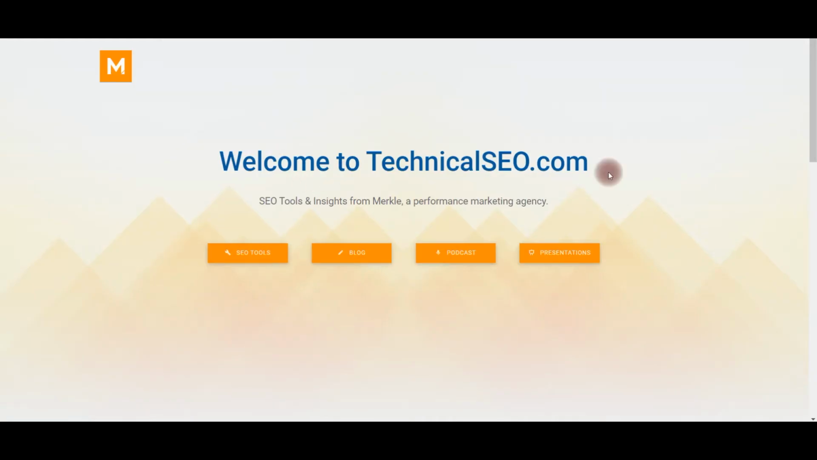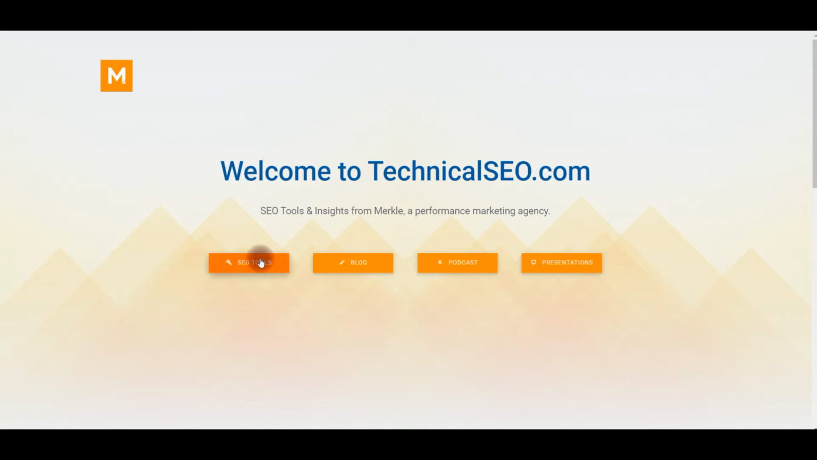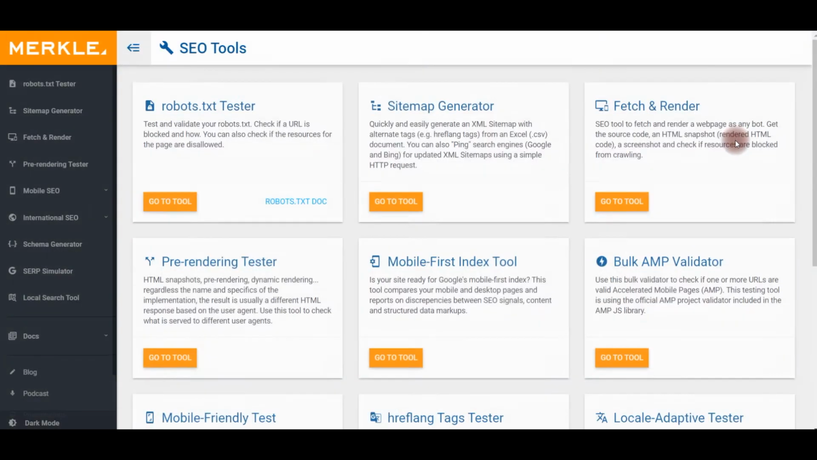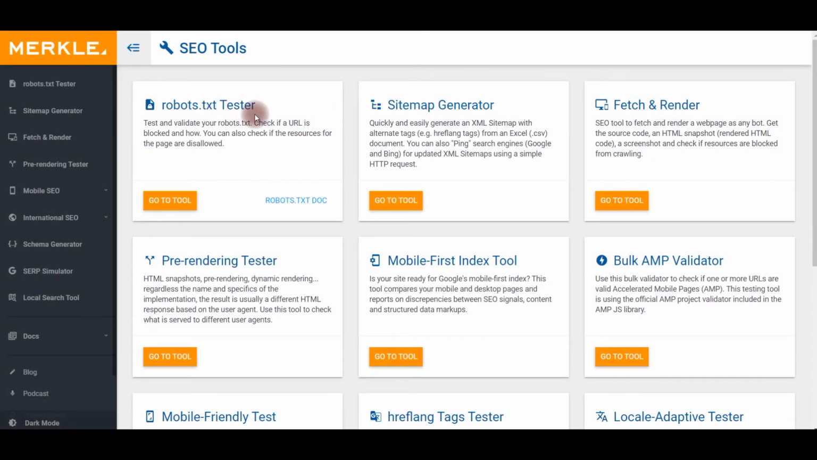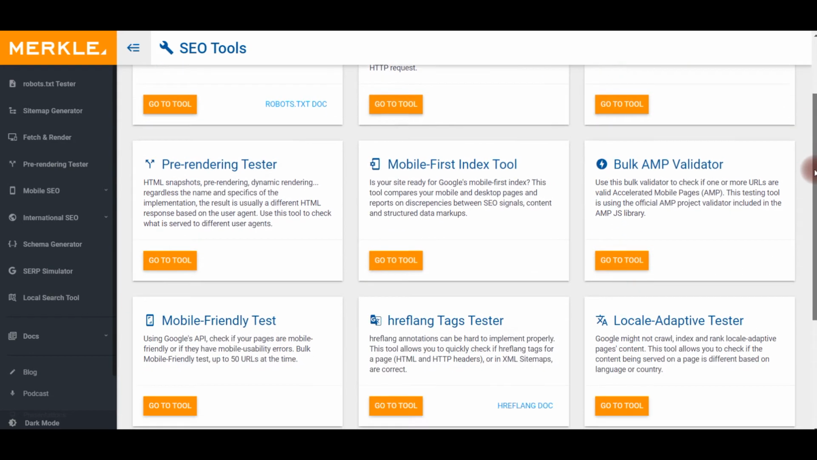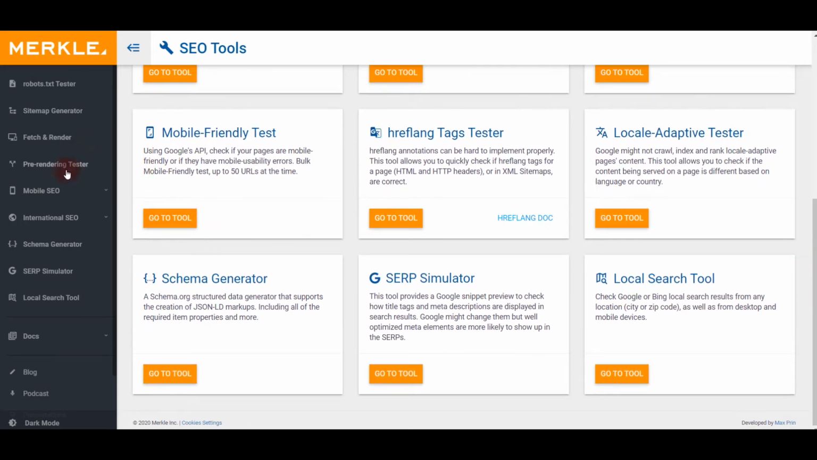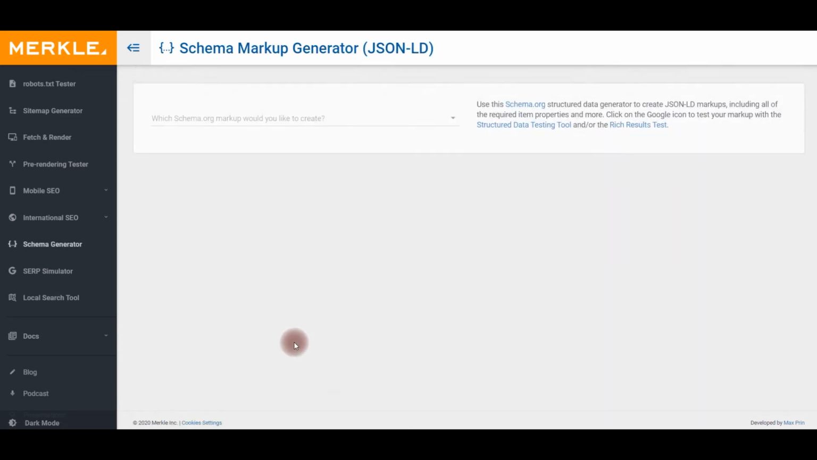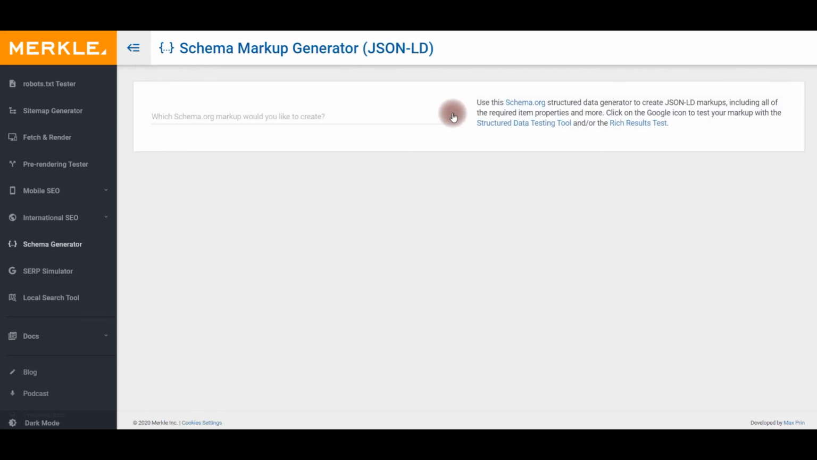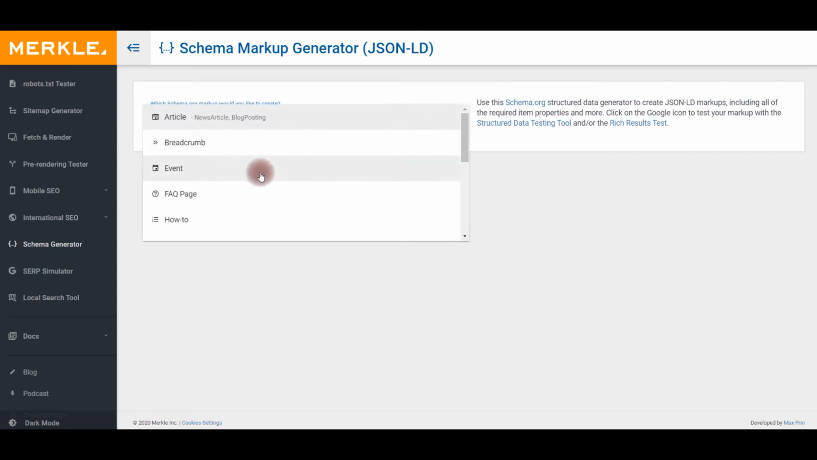technicalseo.com. Now, once you're here, just click on the SEO tools, which will bring you to a page with various tools on here. So you've got robots.txt tester, sitemap generator, mobile-first index tool, mobile-friendly test. It's a good site to go out and check out. There are other tools. In today's lesson, we're just looking at the schema generator. So we're going to go to the tool, and once we're here, we're going to click on the option here, and